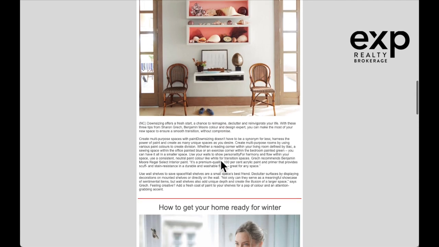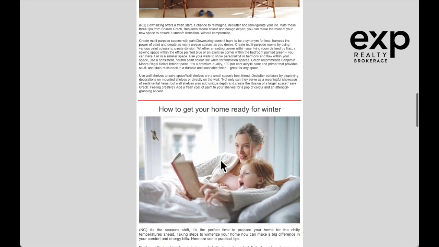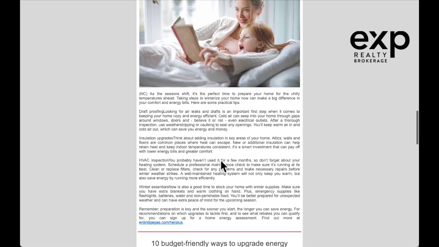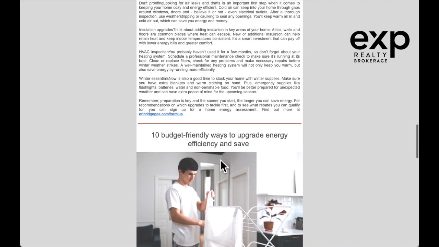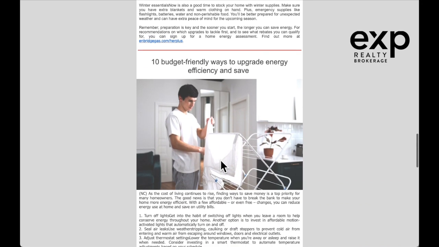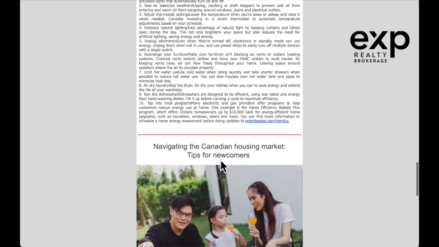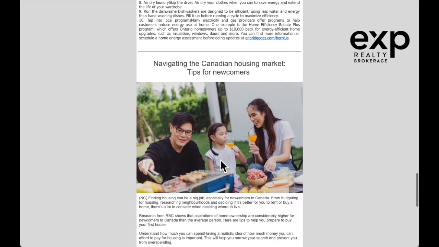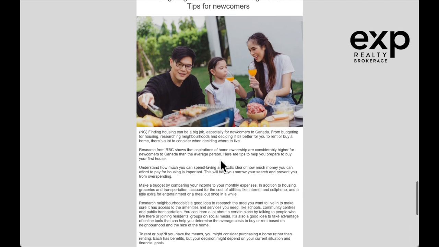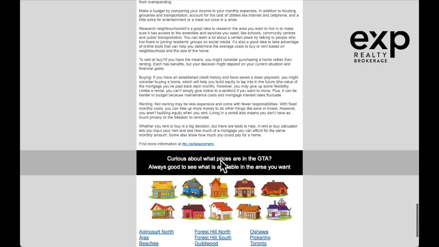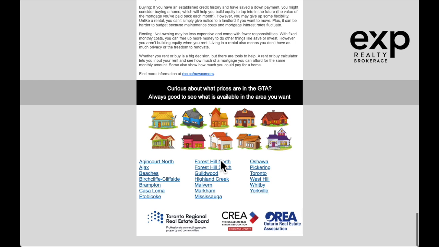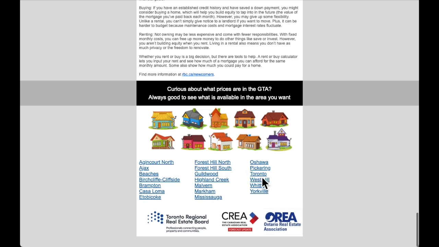So we have a nice picture and a nice description, how to get your home ready for winter. And everybody's starting to do that now. 10 budget-friendly ways to upgrade energy and save. So these are great stories. I'm going to cover News Canada a little bit also in this layout of how to create your own program, your own newsletter. Now down here, these are areas around Toronto that you can click on and go